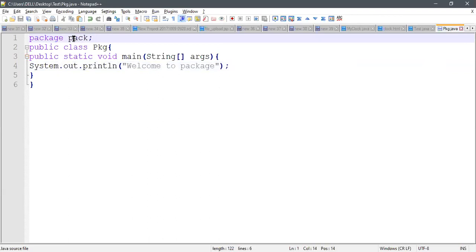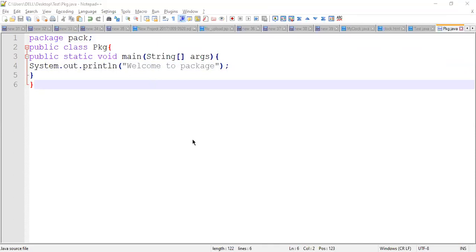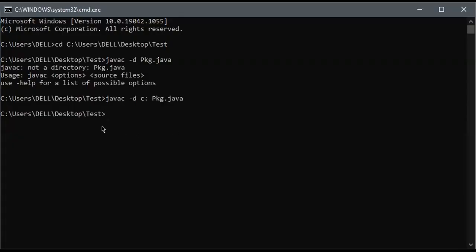So do we have time or not? Yeah, we have time. So this is all about creating a package, and now we have a clear idea how to create one. Now we'll try to run this program. If you want to run the program, you should go to that path. How are you going to run it? Just go to the command prompt. Inside the C drive we are having this class file. So how are you going to do that?